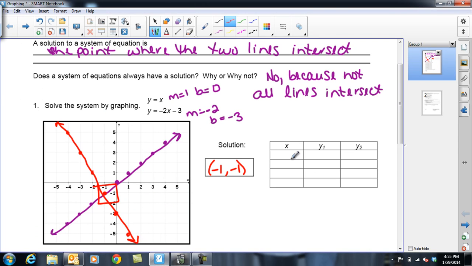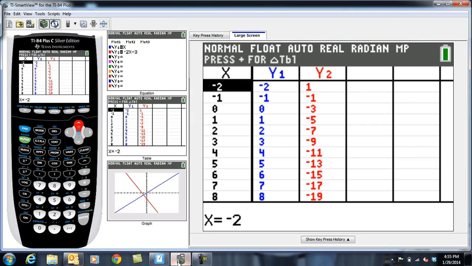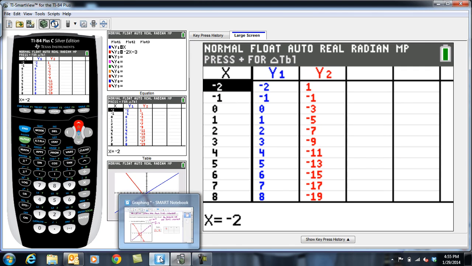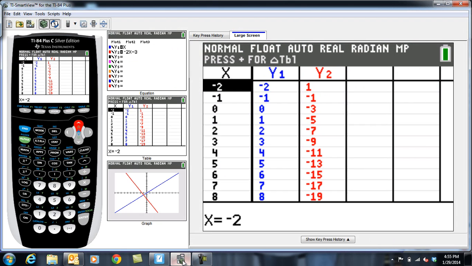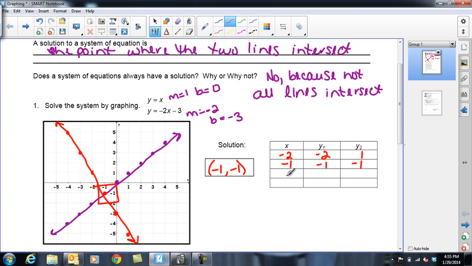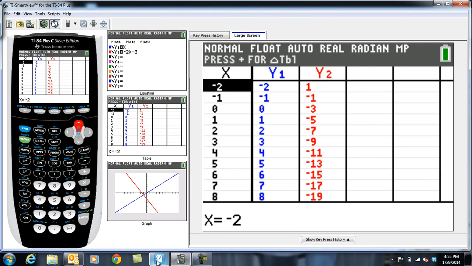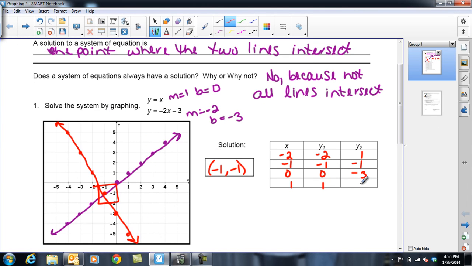So I'm going to fill in my table here. When x is negative 2, according to my table, y is negative 2 and 1. So my y values are negative 2 and 1. When x is negative 1, y is negative 1, and y2 is also negative 1. When x is 0, my y values are 0 and negative 3. And when x is 1, my y values are 1 and negative 5. So I've now filled in my table, and what I want you to